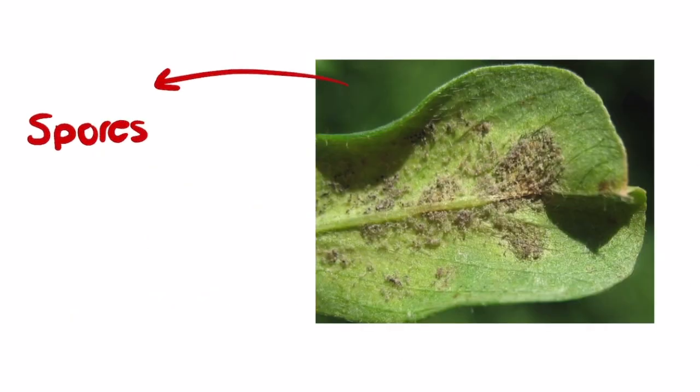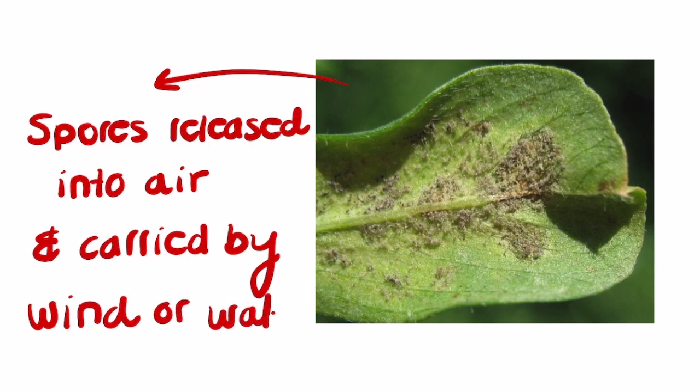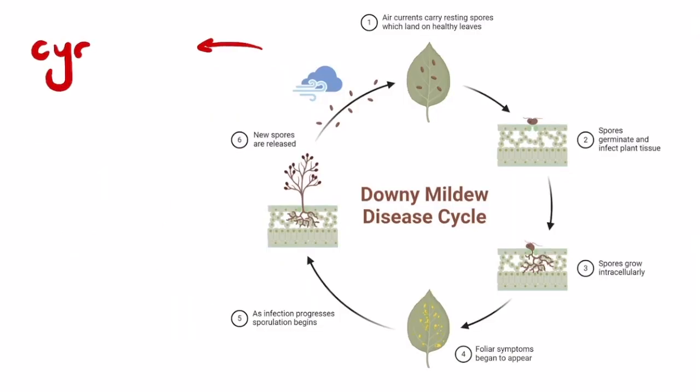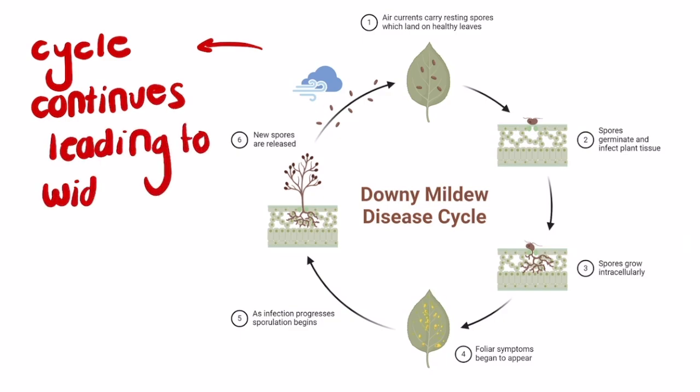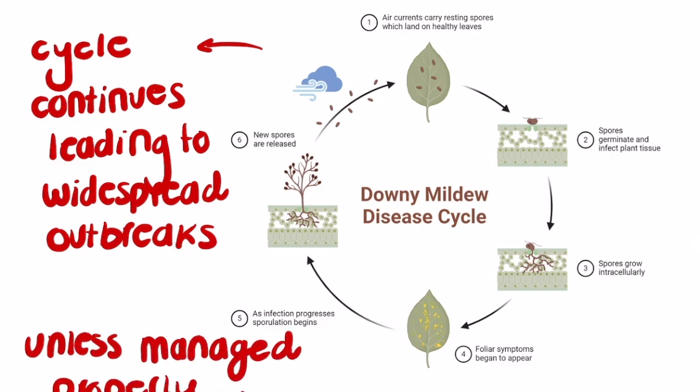Sporulation releases the spores into the air, which are carried through wind and water over long distances. And the cycle of infection, colonization, and sporulation continues, leading to widespread outbreaks if not managed properly. So, the management strategies are